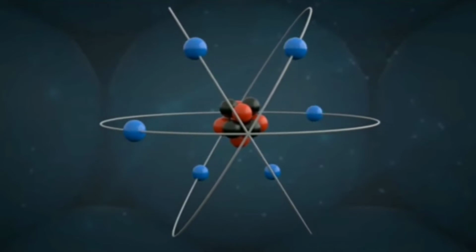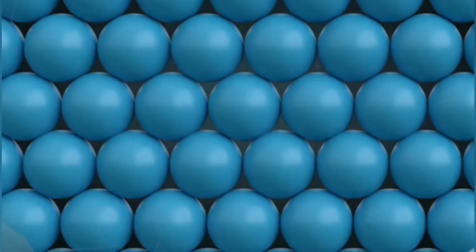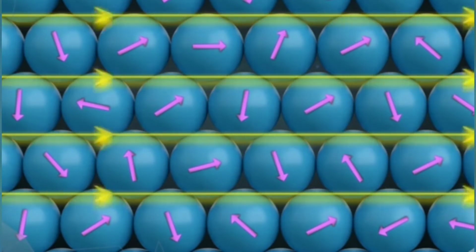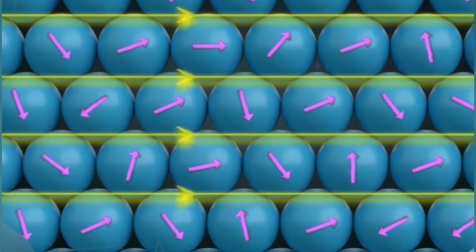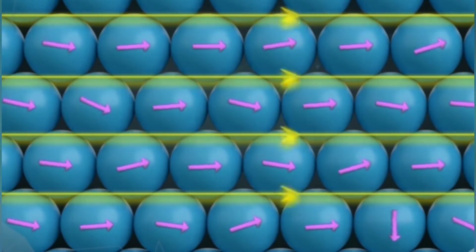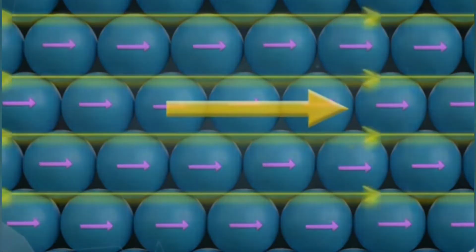The resultant magnetic moment of an atom is the vector sum of all the magnetic moments in an atom. Every material consists of more than one atom. Generally, the magnetic moments of these atoms are randomly oriented and the net dipole moment of the material is zero. However, when the material is placed in an external magnetic field, the magnetic moments of these atoms tend to align themselves to the magnetic field and develop a net magnetic moment.